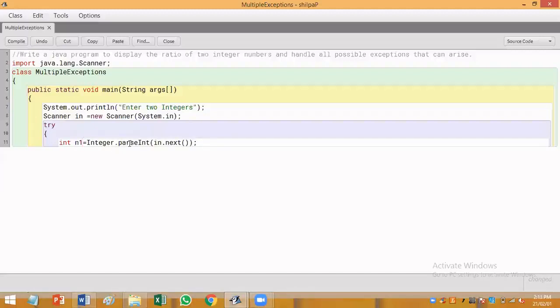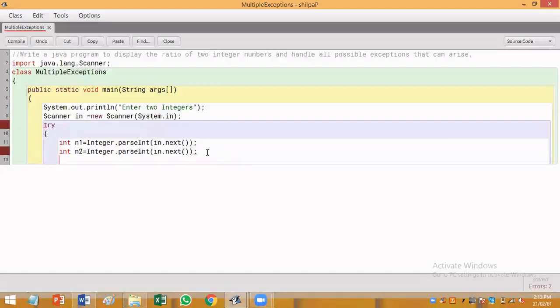During this conversion process, if the conversion fails, then an exception will be raised and I have to catch it. Okay. So I'll create a catch block later. Similarly, I'll read another number and I'll change the variable name to num2. Okay.